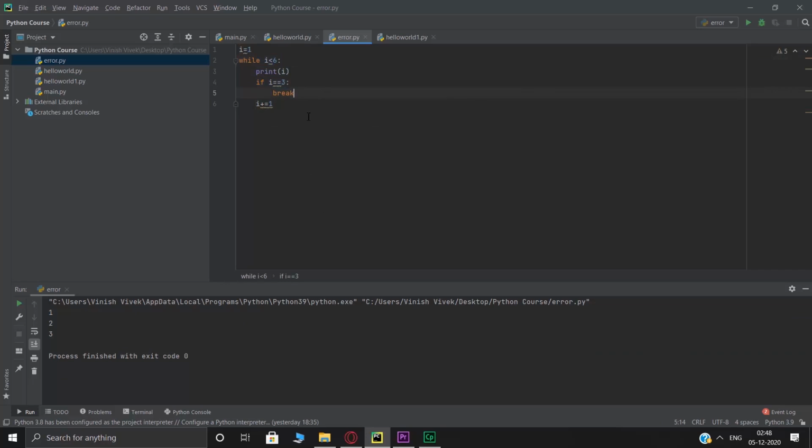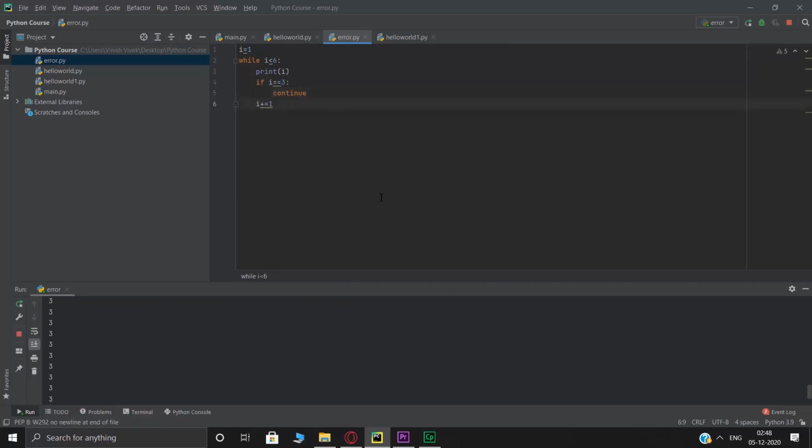And again in this too, you have the continue statement, where if i is equal to 3, we want it to continue. So it will print till 2, and when it reaches 3, it will continue and print 4 and 5. So Control Shift F10. Okay, we're in a continuous loop. So let's stop this.